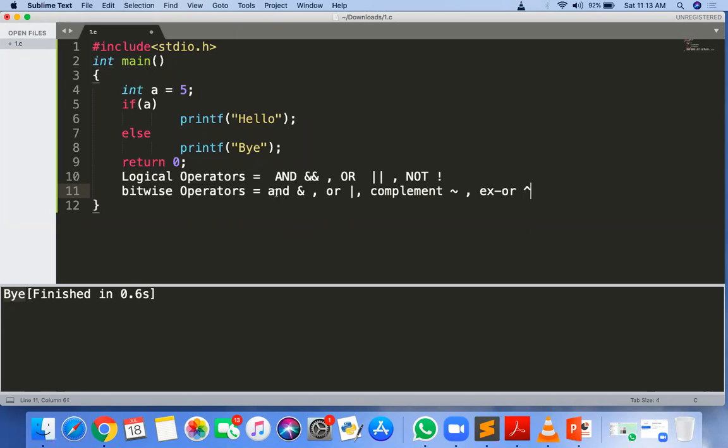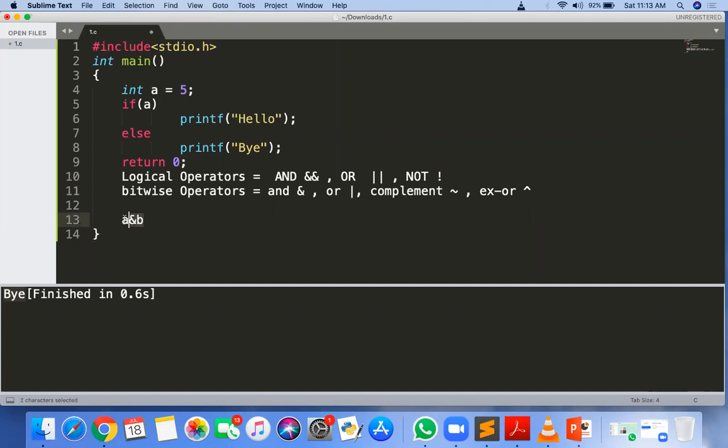Okay. So generally, if you are giving A and B, if A and B, then it means that you are operating these two variables or operands bit-wise. So whatever the content of A gets converted into its binary, the content of B is converted into binary, and bit by bit you are doing the operation. I think we have taken those examples, 1101 and OR. Yes, sir. OR we have taken, XOR also, and complement also. Complement means all the 0s are replaced by 1s, all the 1s are replaced by 0s.